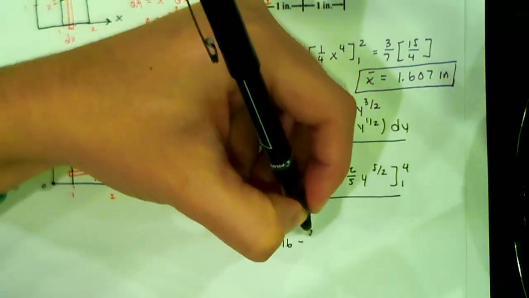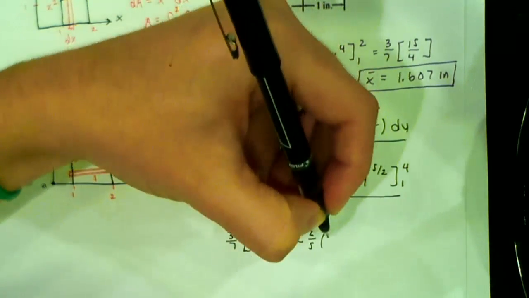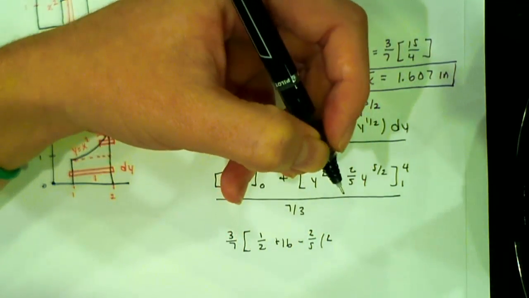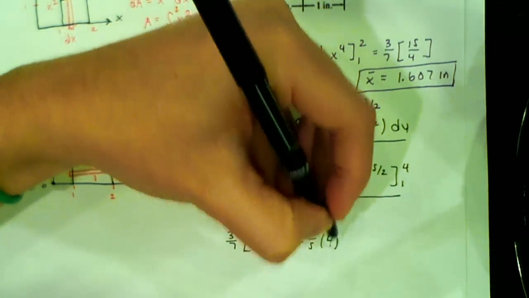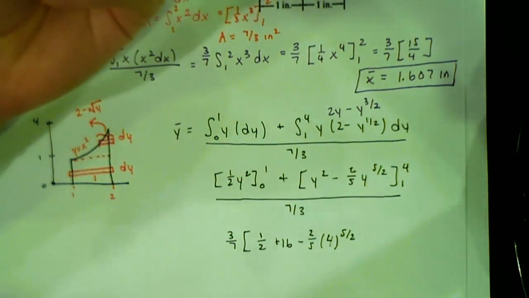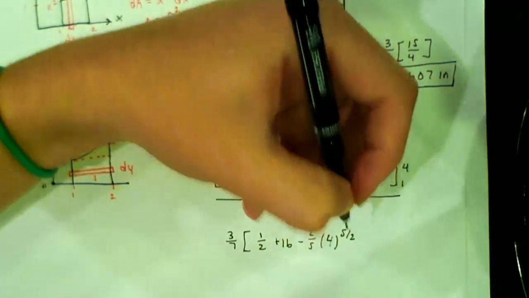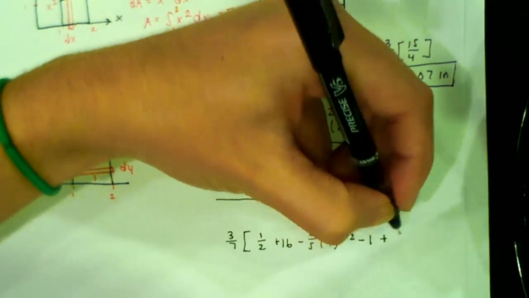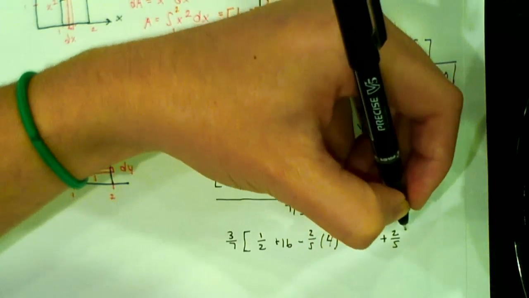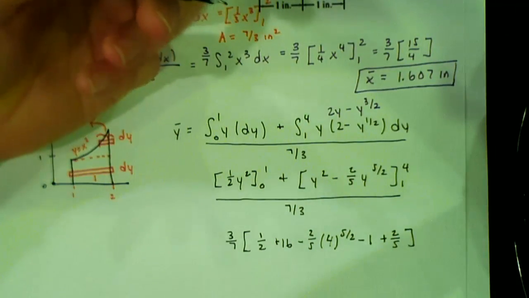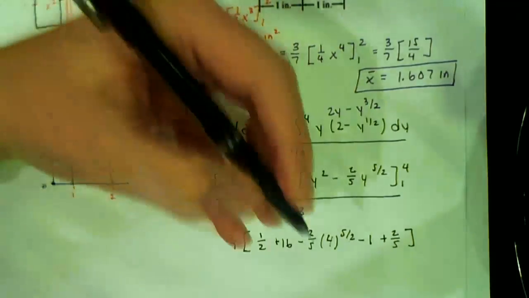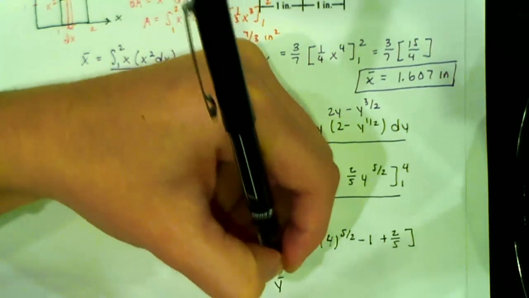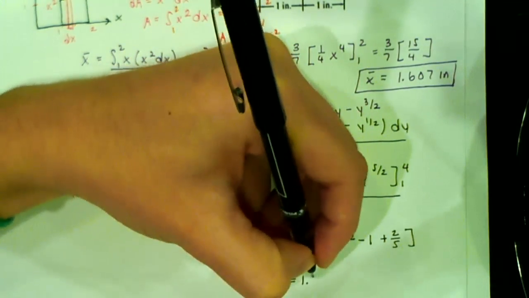Then we have minus 2 over 5 times 4 to the 5 halves, which is the same as 2 to the 5. Then I have minus 1 plus 2 over 5. So there was an extra negative in there. I went ahead and distributed it. So simplifying, you get y bar is 1.33